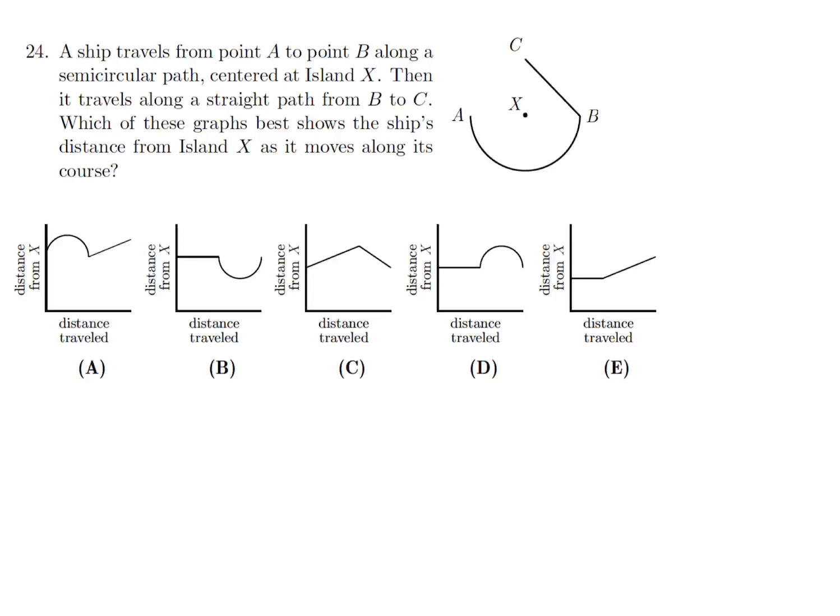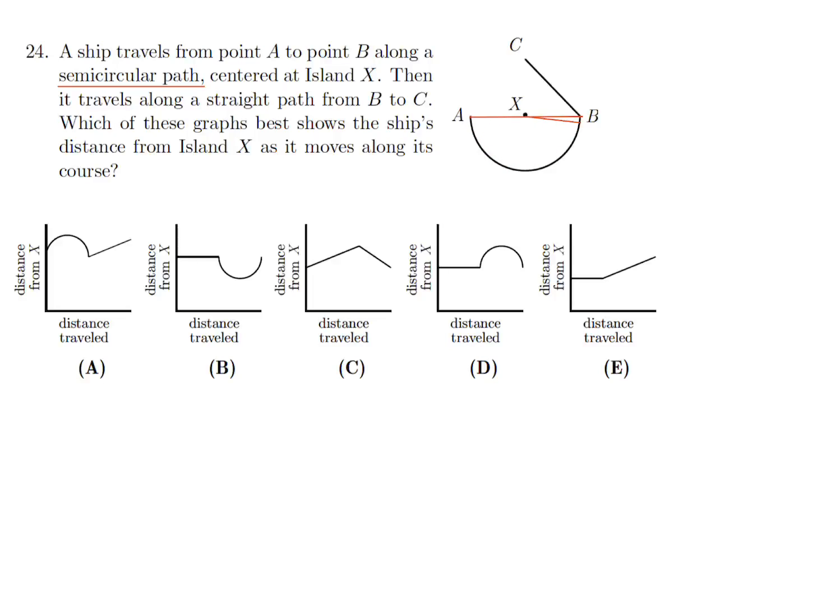A ship travels from point A to B along the semicircular path centered at island X. Then it travels along a straight path from B to C. Which of these graphs best shows the ship's distance from island X as it moves along the course? Okay, so this very important semicircular path. So that means that island X is the center of this semicircle. So at any point along this semicircular path, he is equidistant from the